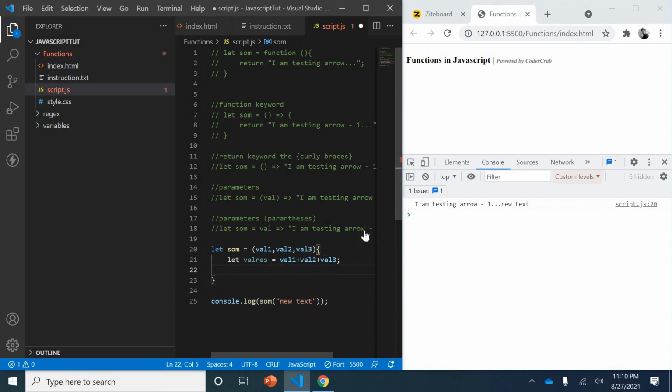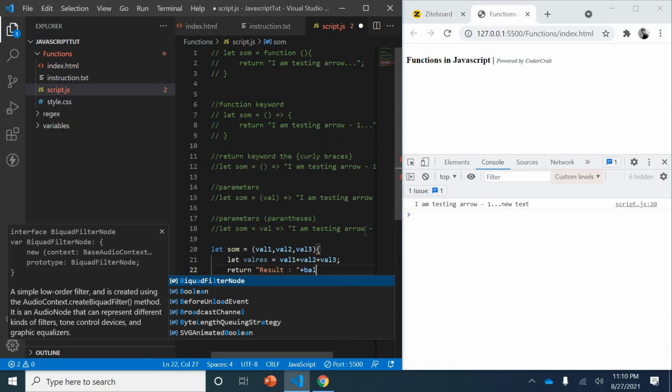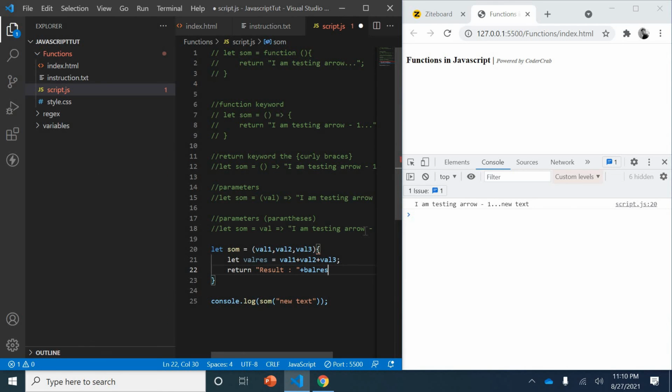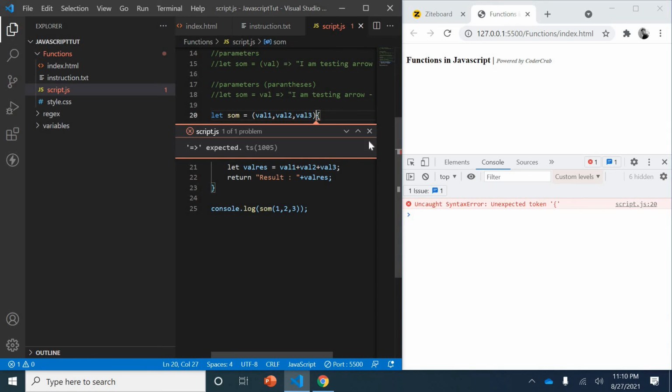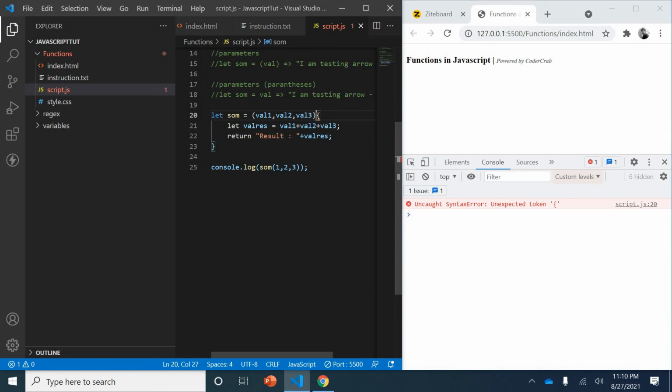Then you return a statement saying return result: valRes. Now you want to print it here, so you have, let's say, 1, 2, 3. If I do this, sorry, we have missed the arrow itself, so that's a blunder. Okay, so we have 6 here.